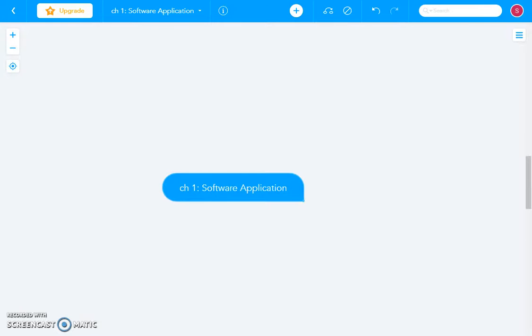Hey guys, today we are going to start with the first session of software testing, wherein we are going to cover the first topic, that is software application. And in this chapter we are going to cover different topics, the first obviously being the definition of the software application, then what are the different application components,